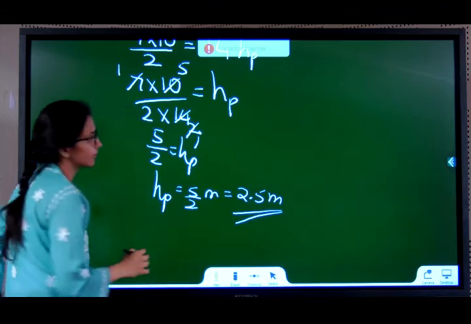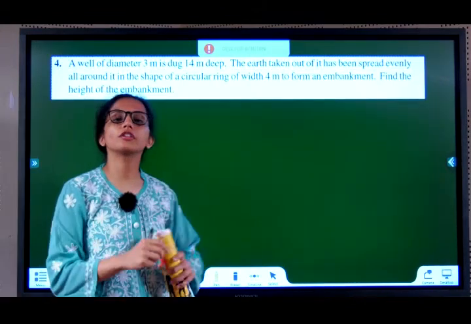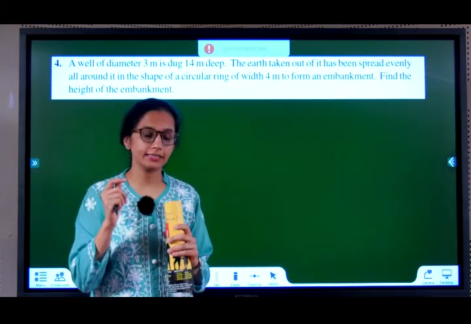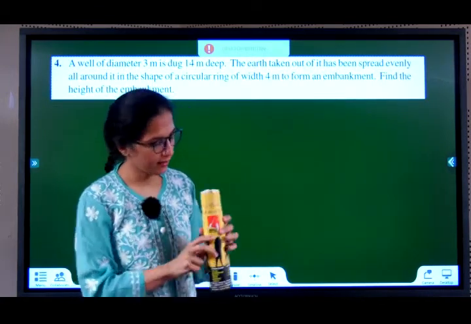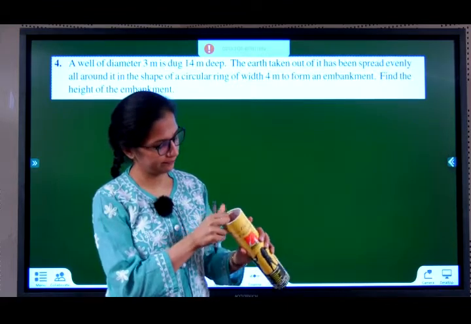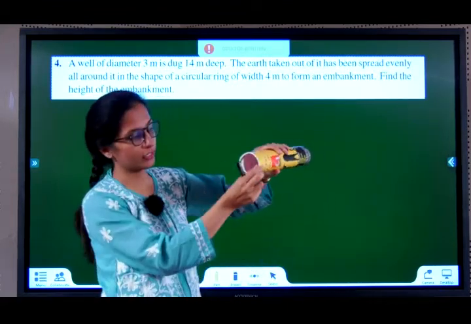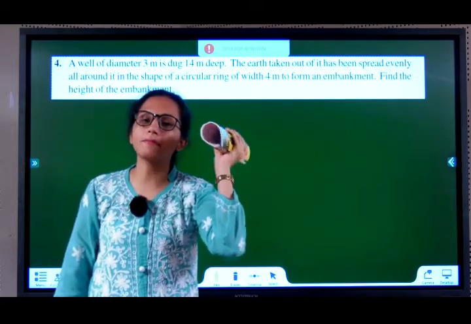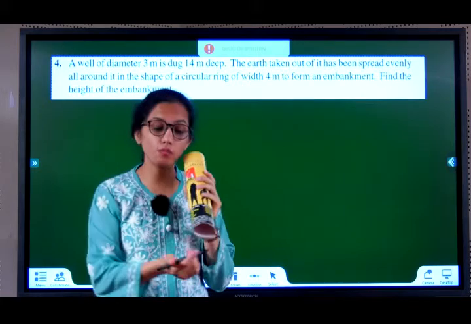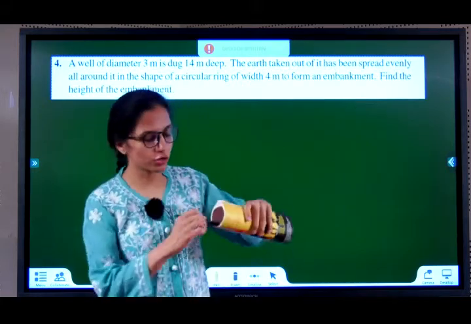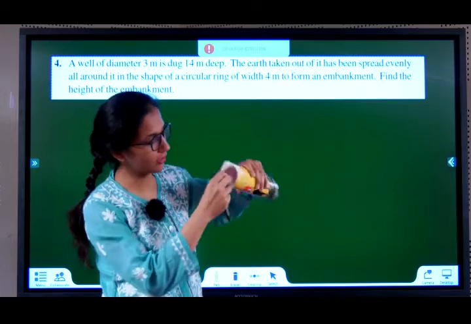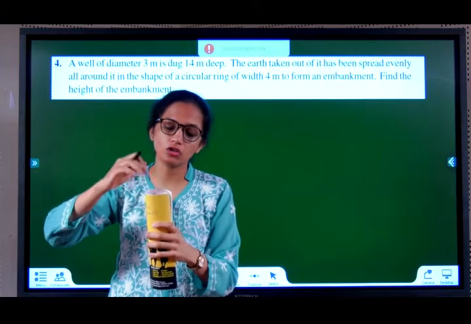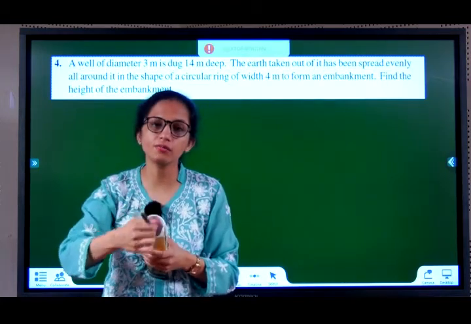2.5 meters. Before we go into the next question, let's understand something about hollow cylinders that have considerable thickness. Now here we have a cylinder with good amount of thickness. If I ask you what is the capacity of this, that means how much substance can it hold, then you should just tell me this inside volume. See, if I have to pour anything, I will pour it inside this hole. So I'll pour water or whatever I want inside this. So the capacity of this is nothing but the inner volume.